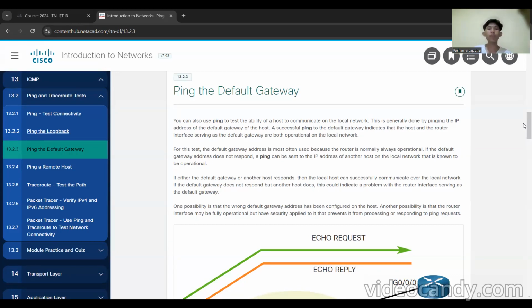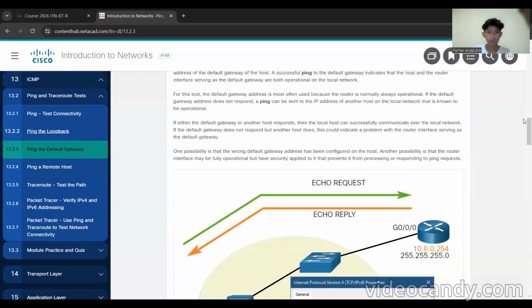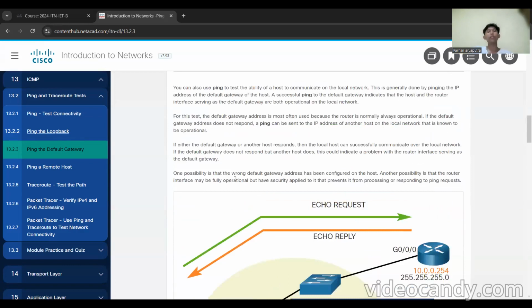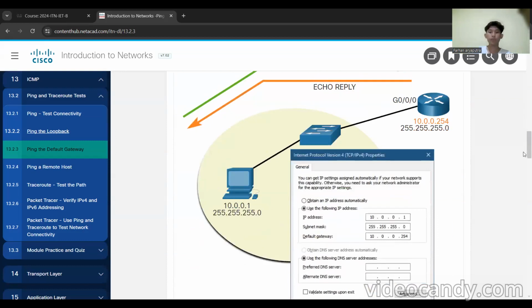If the default gateway does not respond but another host does, this could indicate a problem with the router interface serving as the default gateway. One possibility is that the wrong default gateway address has been configured on the host. Another possibility is that the router interface might be fully operational but have security applied to it that prevents it from processing or responding to ping requests.